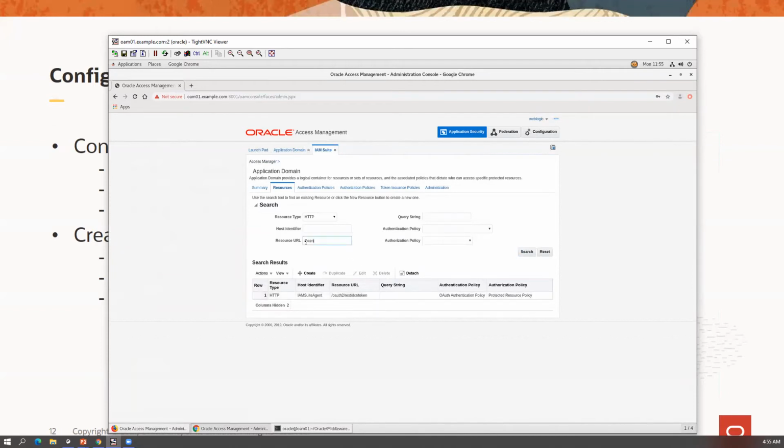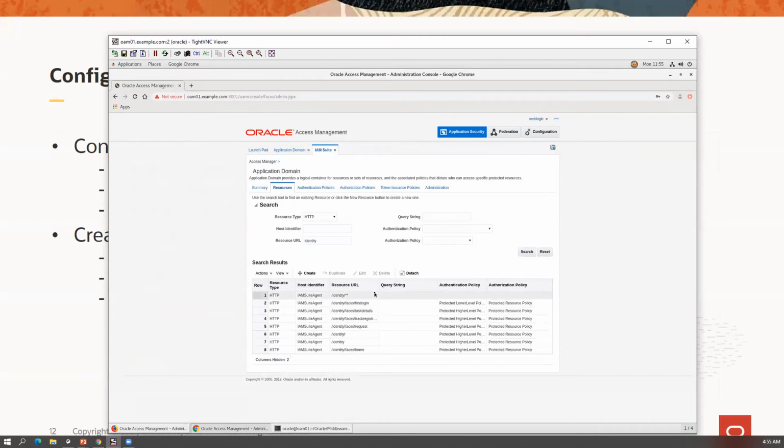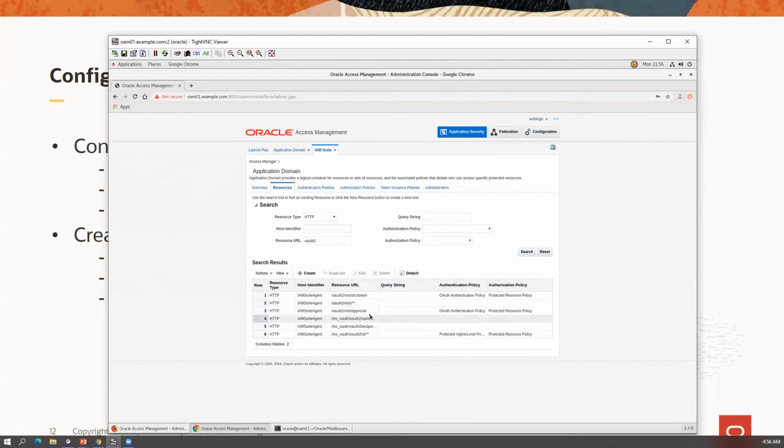Similarly, if you want to look into some of the identity endpoints, these are the various things which are configured under this IAM Suite agent. You see the various identity resources configured under the IAM Suite agents. Similarly, if you want to choose OAuth 2.0, you see the various OAuth 2 REST endpoints like approval, consent, endpoint.